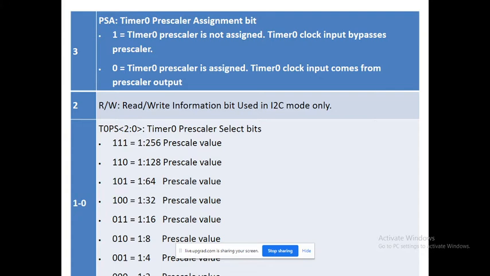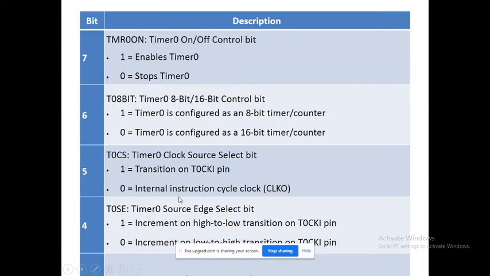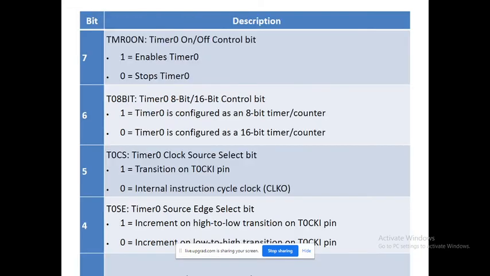Do all of you agree up to this point? Now, as we want to generate the square wave from a practical point of view, my requirement is: initially my timer is off. I am interested in a 16-bit timer. Clock source, I am interested in using the internal clock source. I am interested in the rising edge. I am interested in prescaling, and I am putting 1 by 2 prescaling, and according to that we calculate the number.